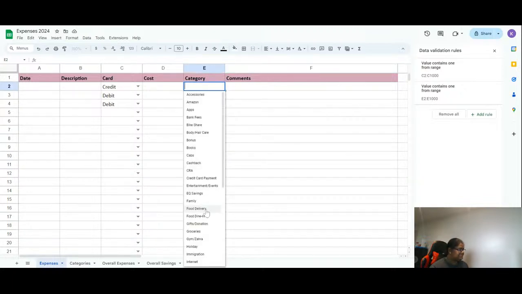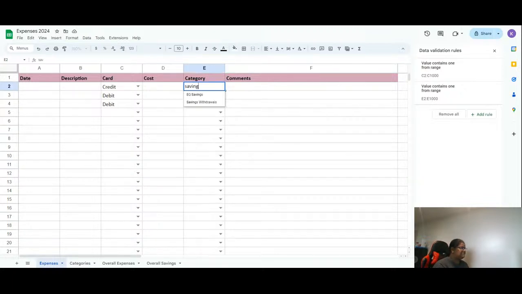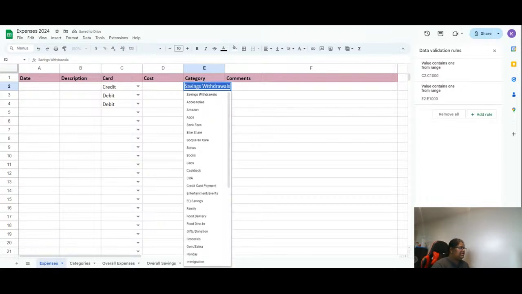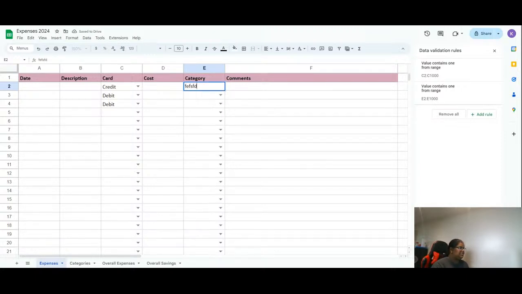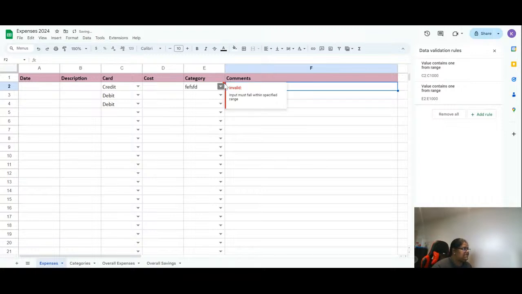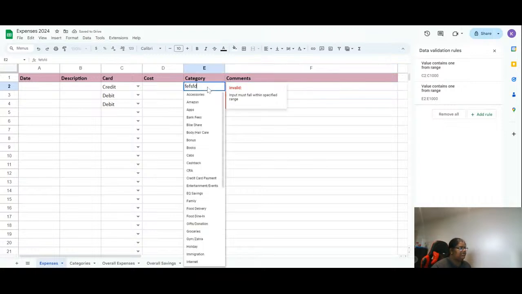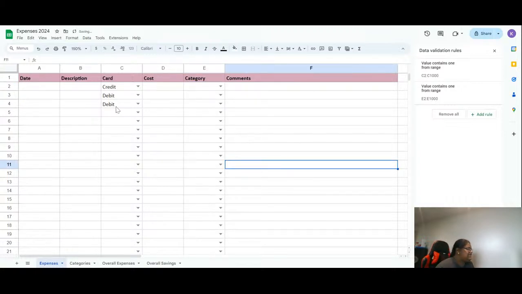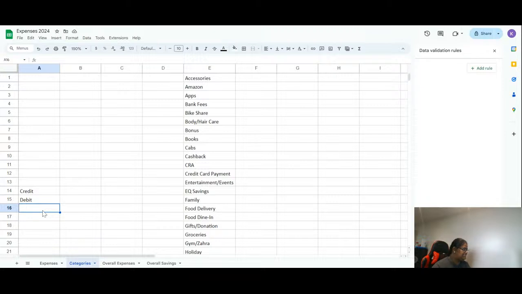So you can select it. I mean, you can just enter savings. You got the option. And in case you enter something wrong, you can just see this saying output must fall within the categories. Now, the next thing is imagine if I want to add something else, I'll just say debit